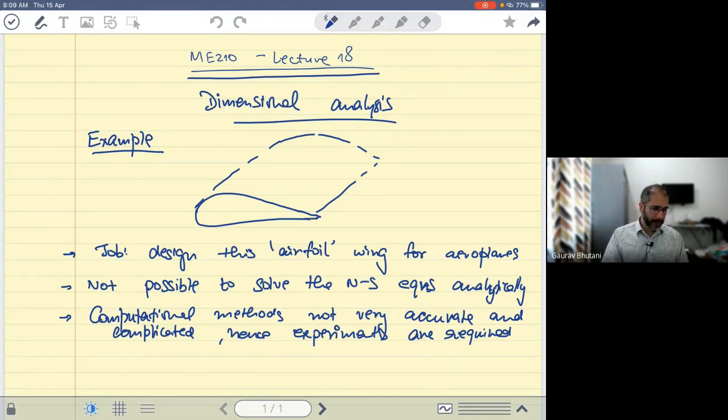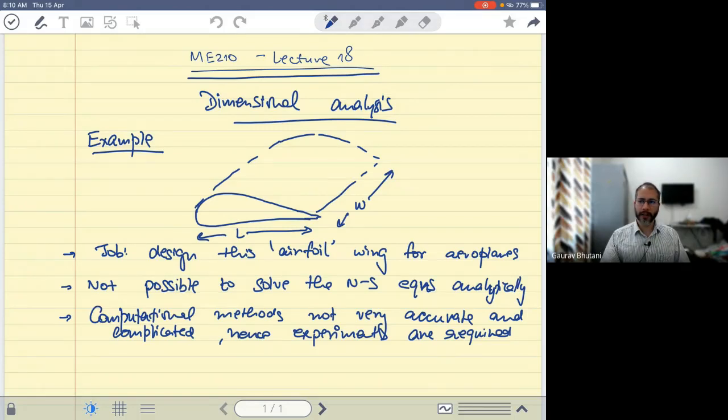We have justified that. Now the question is, what do we do? Do we actually make a wing of the size of an aeroplane wing, fitted with an aeroplane, and then do experiments on it, or do we make this huge wing which has this dimension? Let's call it L. And let's call this the width. So typically L would be a couple of meters, 3 to 4 meters, and width would be probably 5 to 8 meters or more than that. So do we actually make the wings like this?